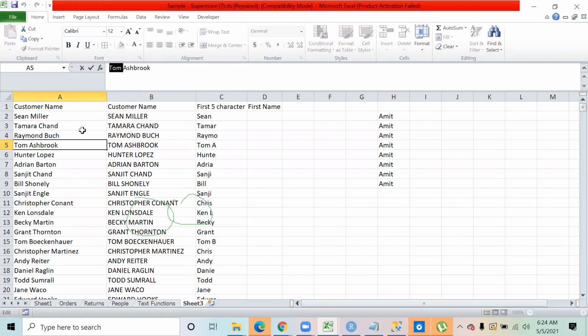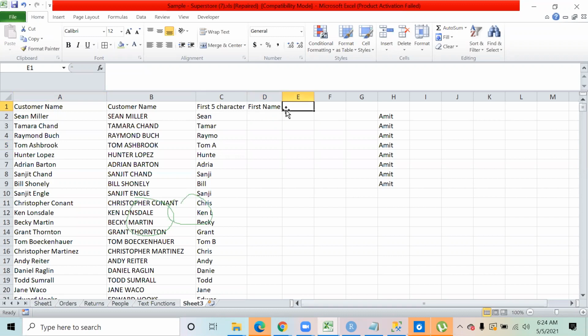If I know the position of the space and I subtract 1, suppose the space is at the 7th position, 7 minus 1 is 6, so I extract 6 characters. If the space is at the 10th position, 10 minus 1 is 9, so I extract 9 characters. If that is the task, we make use of a formula called find.